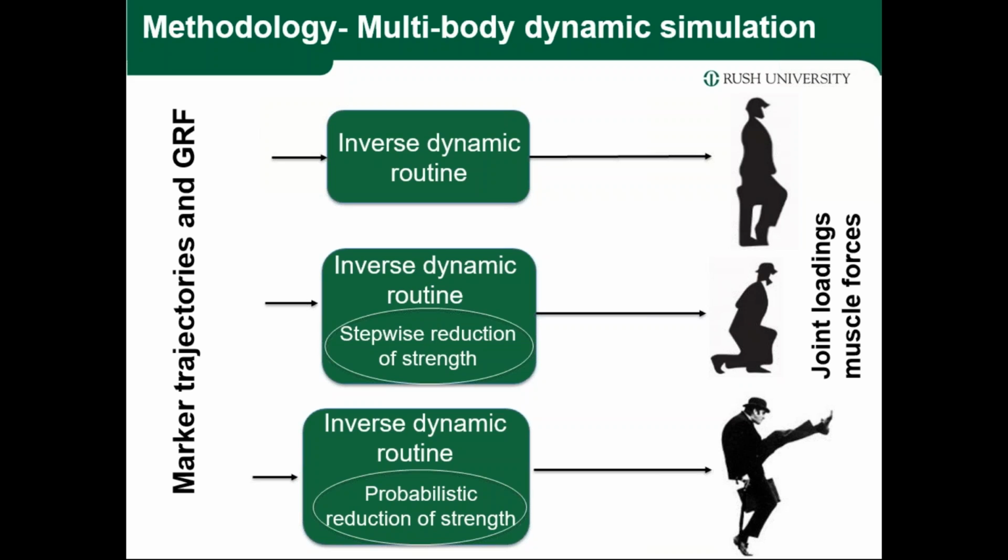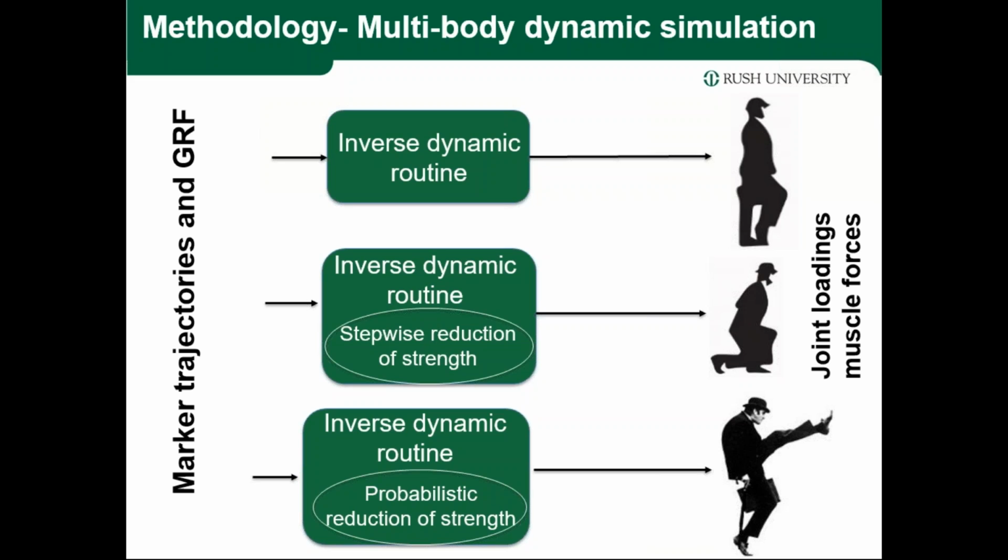For each group of muscles, like hip abductors or hip adductors or knee flexors, or every individual group of muscles, we start reducing the muscle strength until the model fails to walk. And from this set of simulation, we can achieve the minimum strength requirements of each muscle group in order to